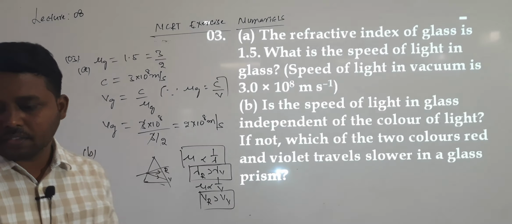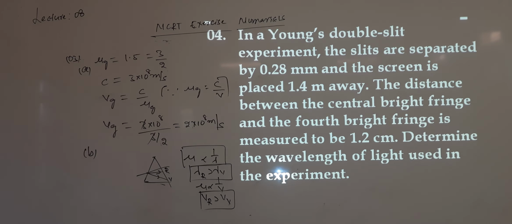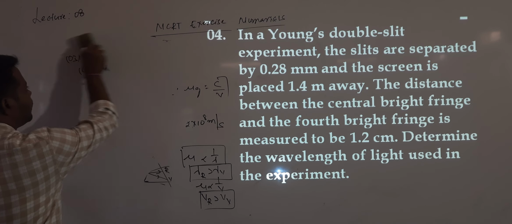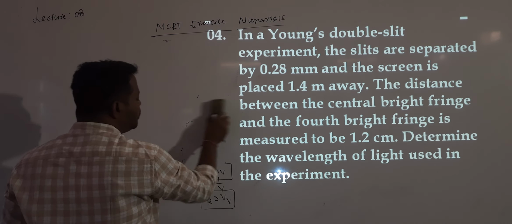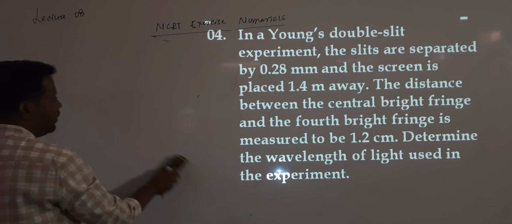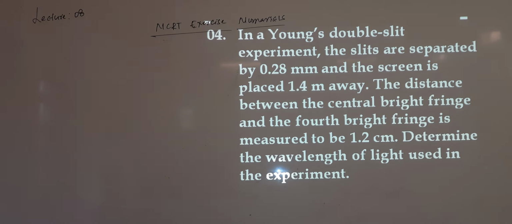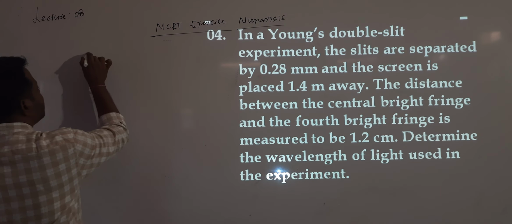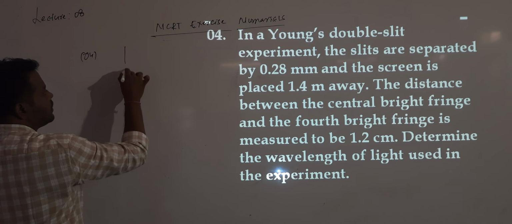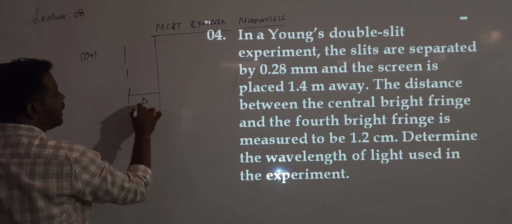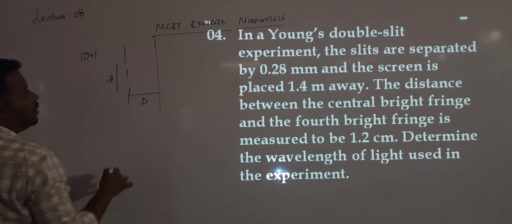After this, next question, question number 4. This is a question based on Young's double slit. In this chapter, these models are very important. Even many times from a subjective point of view, questions are given based on the YDSE experiment. So in this Young's double slit experiment, what is given? Young's double slit experiment, you know that, na? Two slits and a screen. This distance is capital D and this distance is small d.